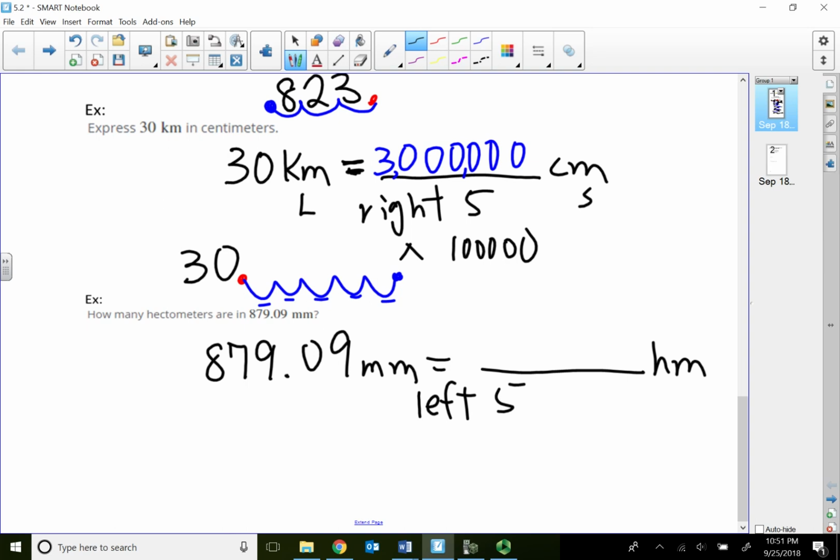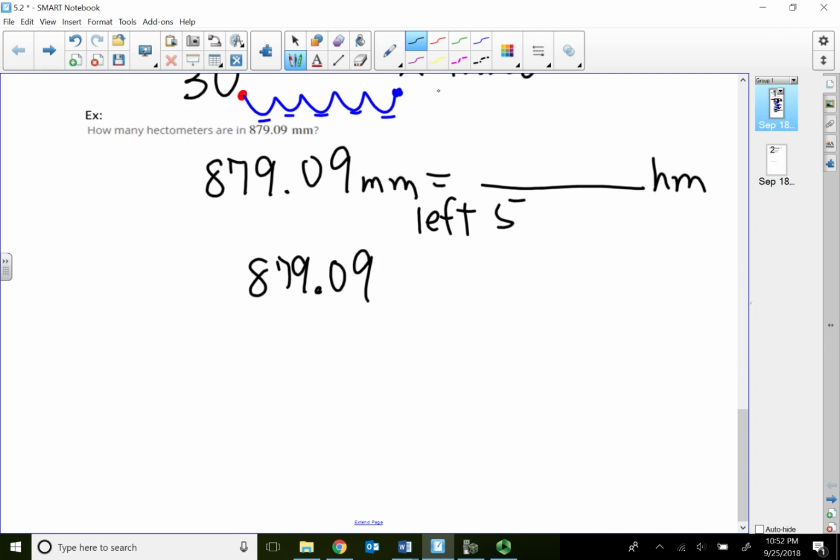All right, so think about this, okay? Very important. In front of the decimal, it's already 3 digits, so they are actually going to cover three spaces. So that means there should be 2 empty slots right in front of the 8, because the 879 already covered up 3 spots. So you can think about it like that when you move the decimal. 1, 2, 3, 4, 5 places here. So 2 empty slots in front of the 8. My answer,